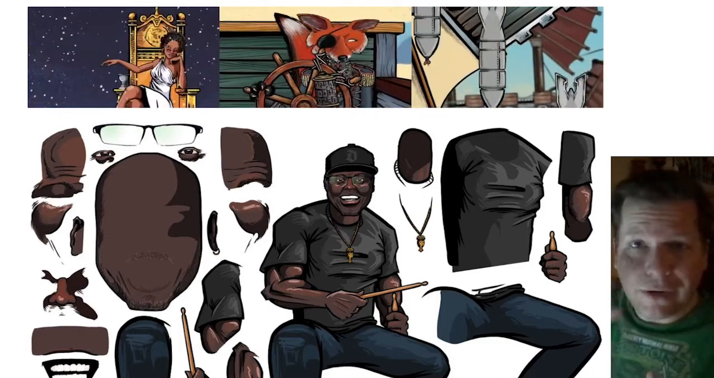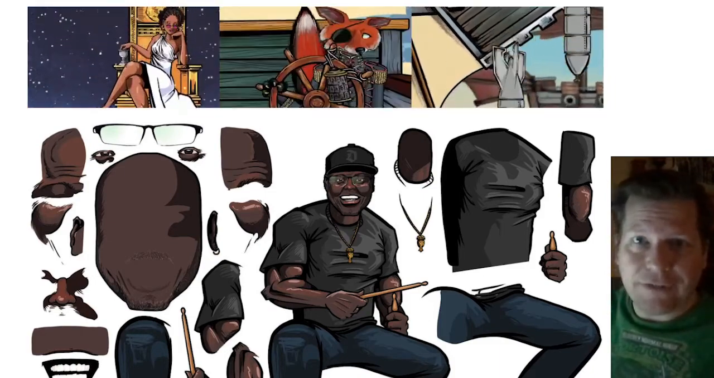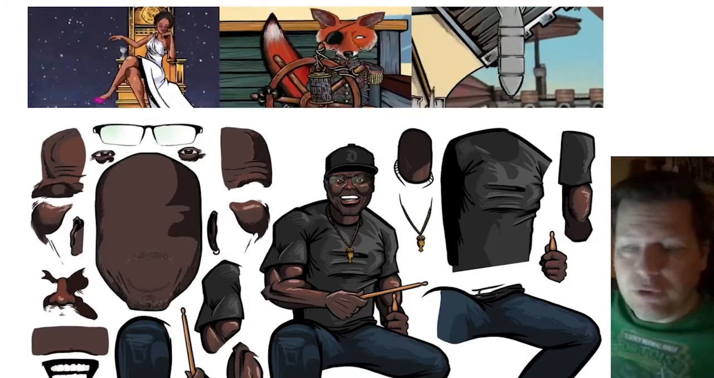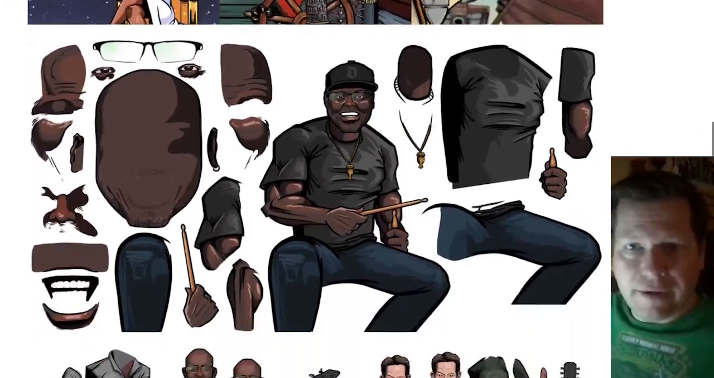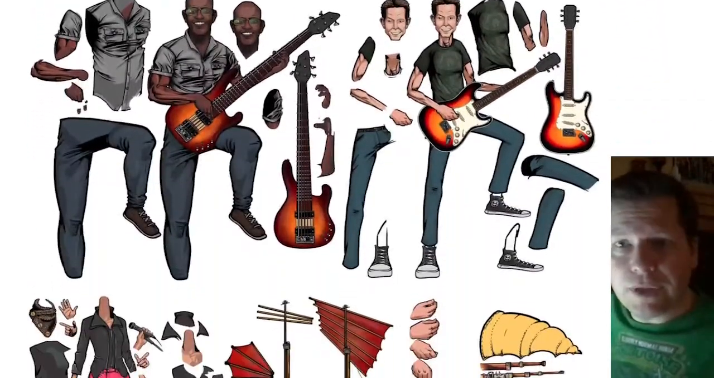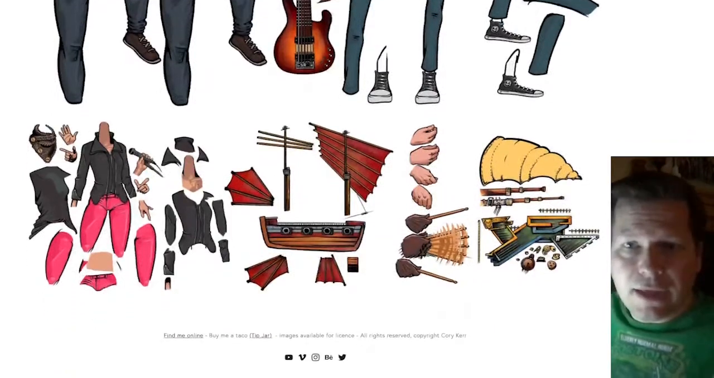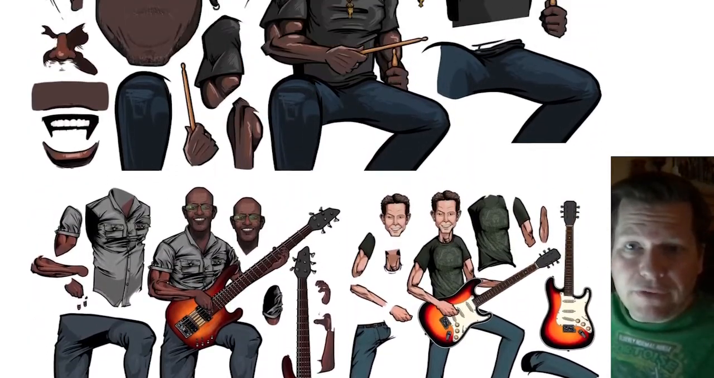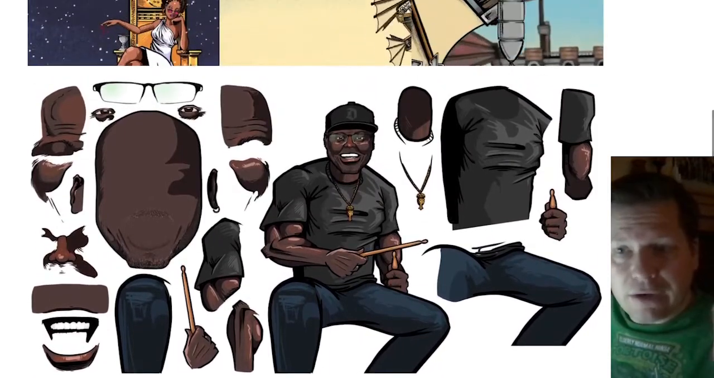So recently I went over how to cut up different assets that you're creating for an animation with some collaborators. You can see here that I've broken up these characters that I did for an animated music video, which you can see at corykerr.com. And I'm going to take you through what I showed them, basically, which is how to decide where to cut